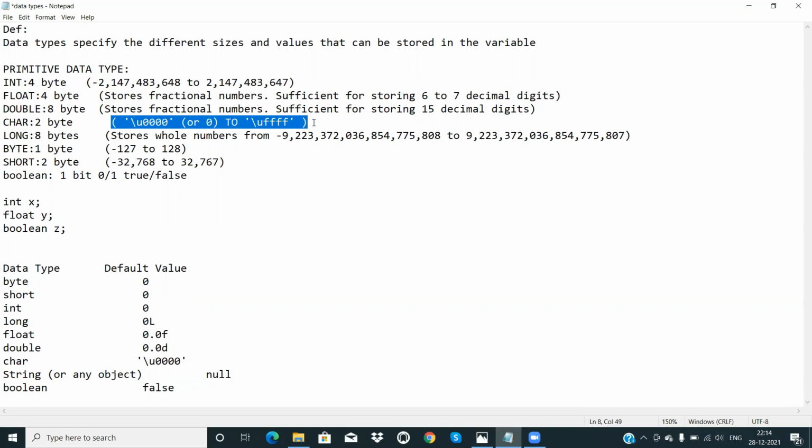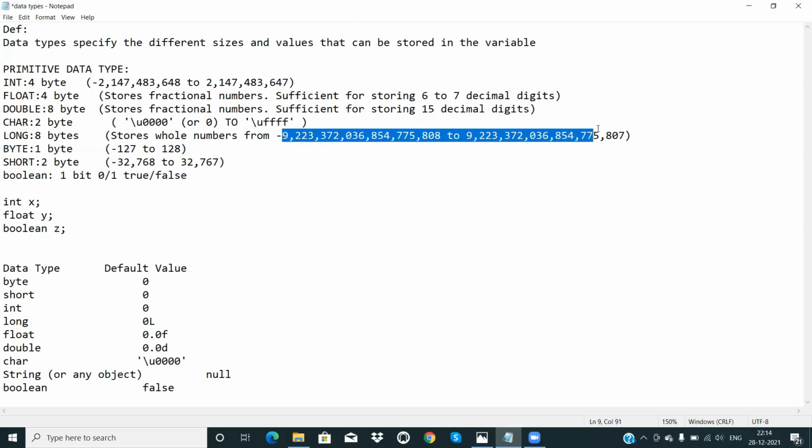There is another data type which is long. Suppose your data is more than this, then you can save in this range, -9223 and so on, this long number to this. So if you want to store such a long number, then you can use this. And suppose your number is between -128 to 127, then you can store it in a byte.